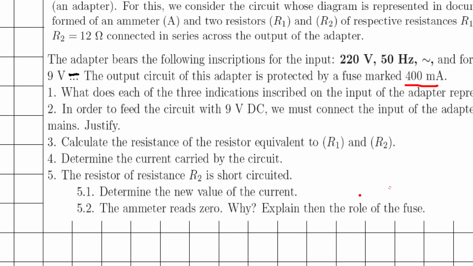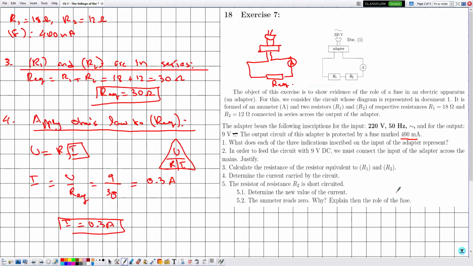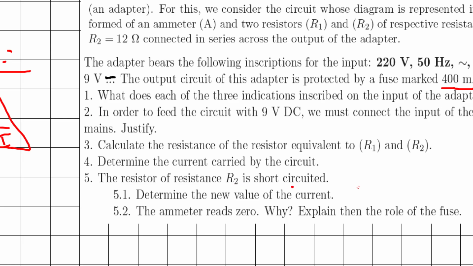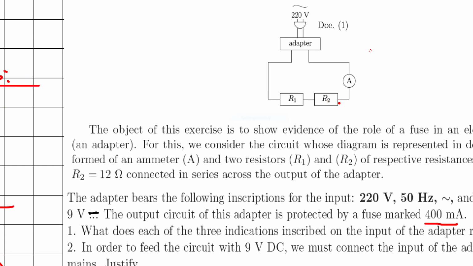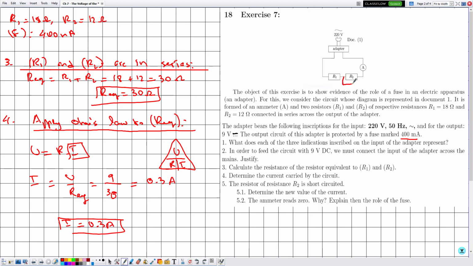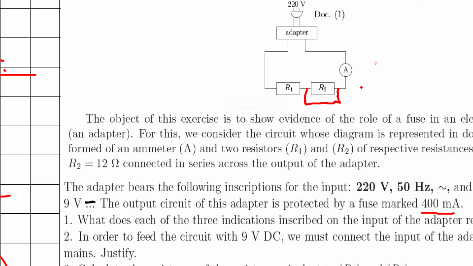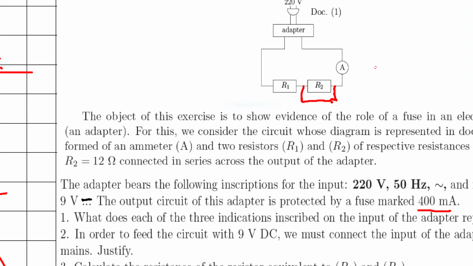Now in number 5, they are telling us the resistor of resistance R2 is short-circuited. So now, because we have made a change in the circuit, we should erase this one. By short-circuiting R2, it means that R2 is now replaced by a connecting wire. So short-circuiting means that across R2 we have a wire in parallel. And now notice that these two electric components are in parallel, and according to the law of uniqueness of voltages, they have the same voltage,